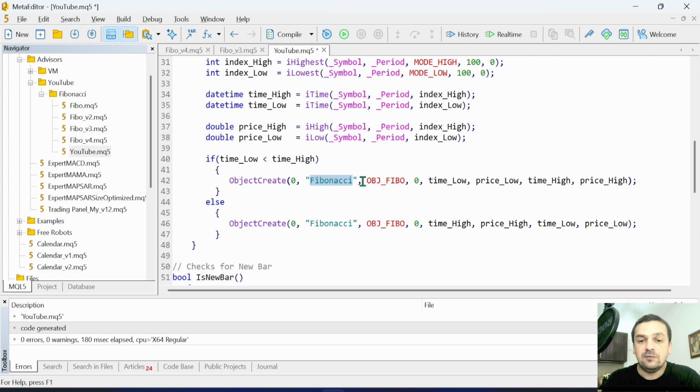We will name it Fibonacci. Of course, this is from the object Fib type. It will be placed on the main window, and here is this part that I've explained already. We will pass the time of the low, because this is the starting point. So at this time and at this price, going up to the time of the high, and going to the price of the high. Okay, and we arrange these parameters in this order, because once again the direction goes to